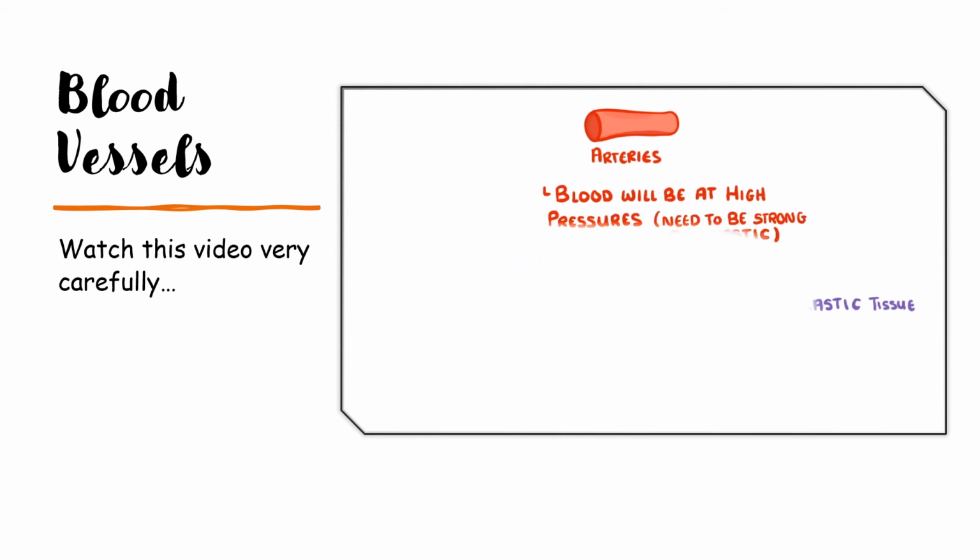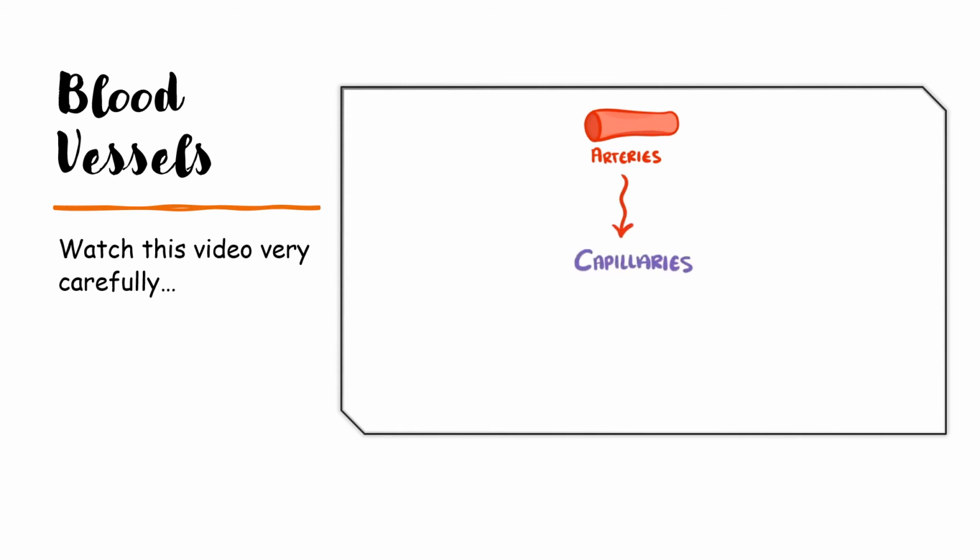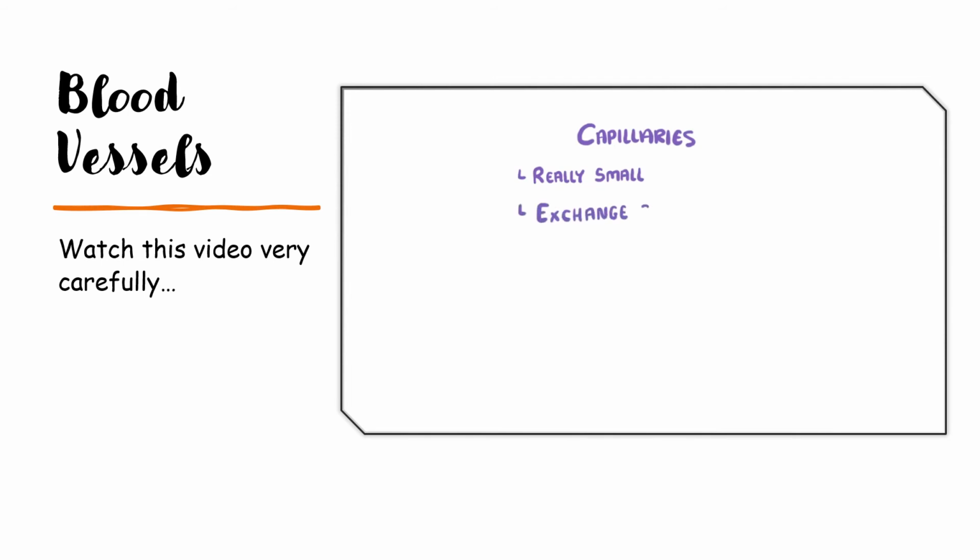Once the arteries have transported the blood to the different parts of the body, it enters the capillaries. These vessels are really small and come into close contact with all of the cells in our body. Their role is to exchange substances with our cells, giving them useful nutrients and oxygen, and taking away waste products